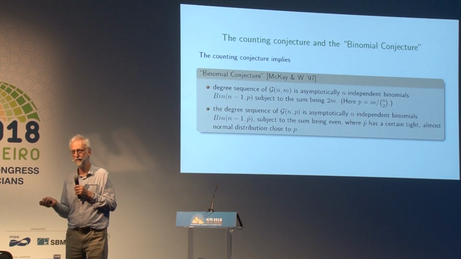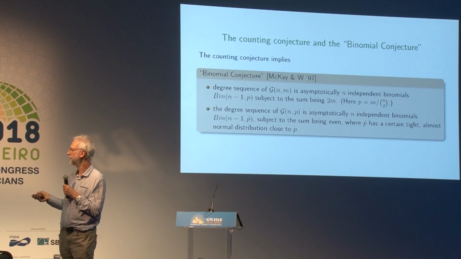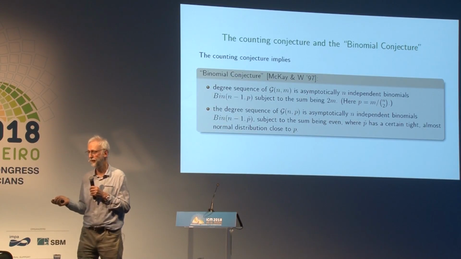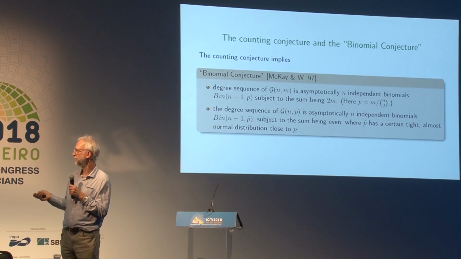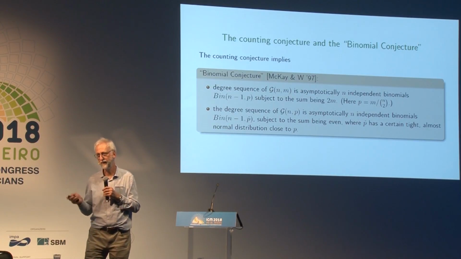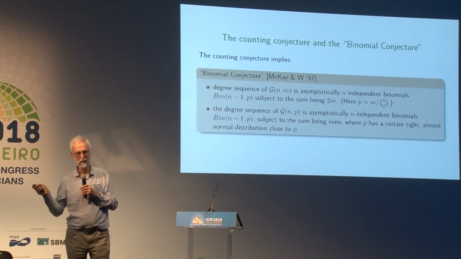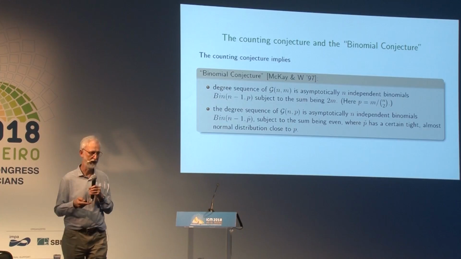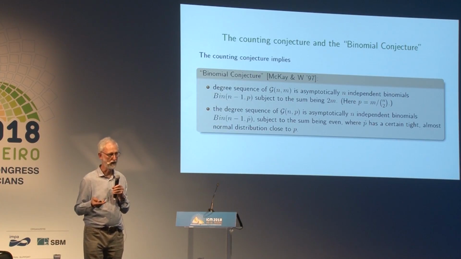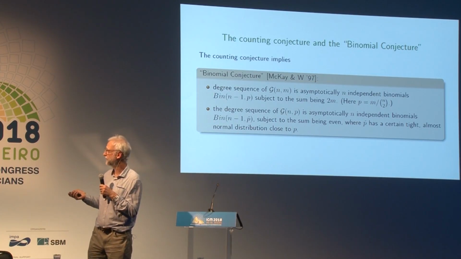Finetti theorem type distribution, where in advance we choose a random p hat which is actually a truncated normal very close to p. We choose that p hat, and then we generate all the binomials independently with the same p hat, so with the same distribution. So you do that, and then that gives you a good model for the distribution of degrees in G(n,p). And what we showed, well,